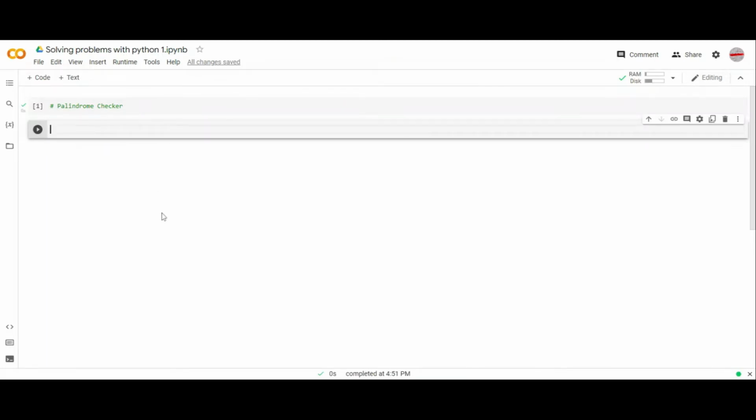So first we have to get the input from the user, and I'll just use a variable called user input to store the input. And to take input from the user, you can use the input function. And then,